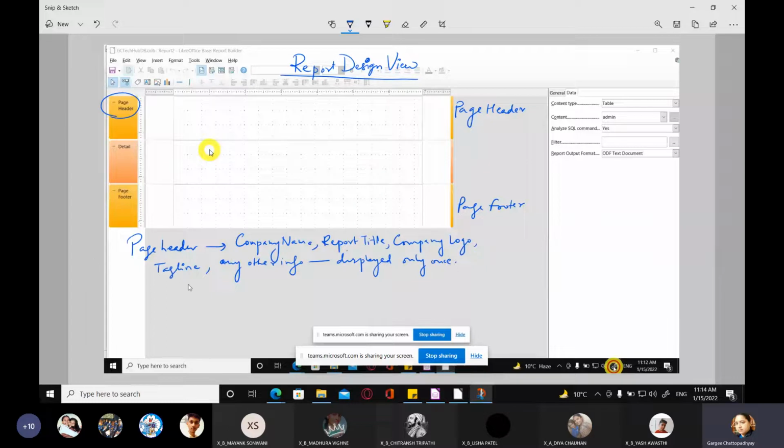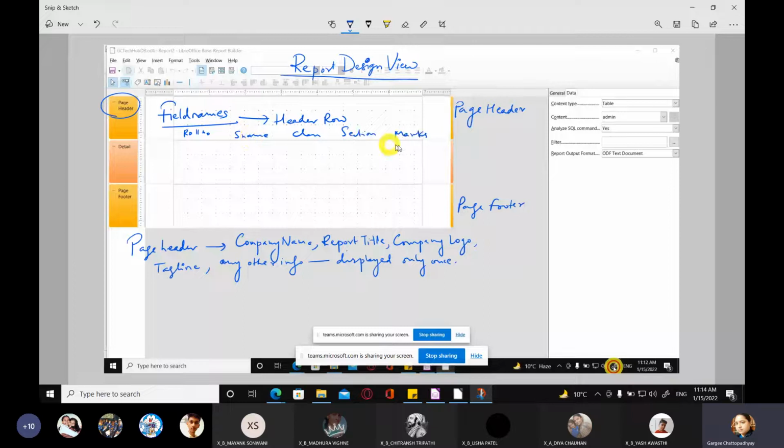And it also contains something very, very important, that is field names. Page header also contains field names, because field names are usually contained in the header row, and that header row has to be printed only once. Like if it is a student table, you'll have roll number, student name, class, section, marks.